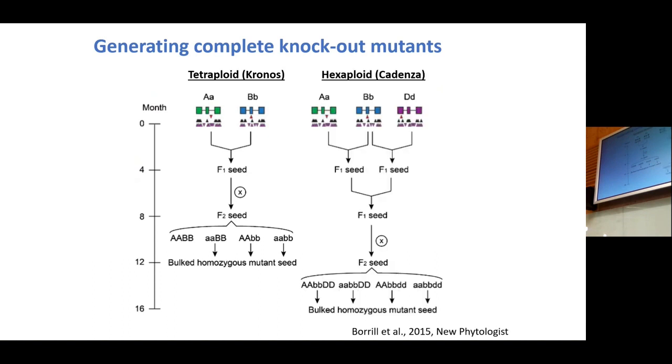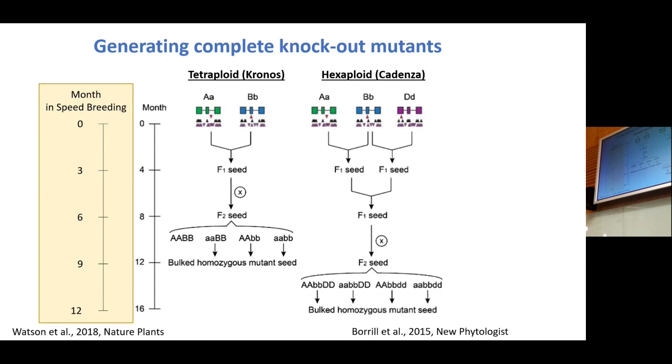With the hexaploid Cadenza, it's the same principle. The only difference is you then have 3 mutations to cross together, so it takes an additional generation. One thing to note is this timeline of 4 months per generation is based on growing these in a greenhouse, under standard greenhouse conditions. If we use speed breeding conditions involving 22 hours light, which is explained more in this paper, we can reduce this down to 3 months per generation, and therefore 9 months for